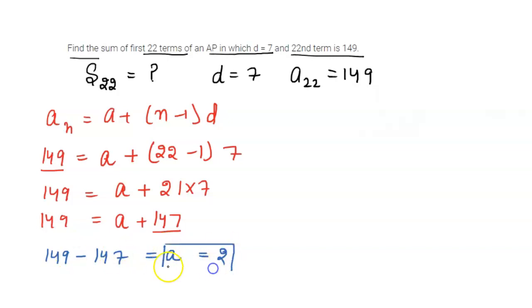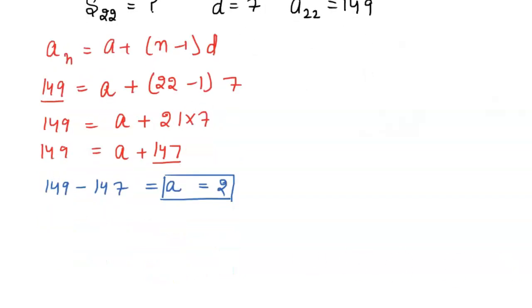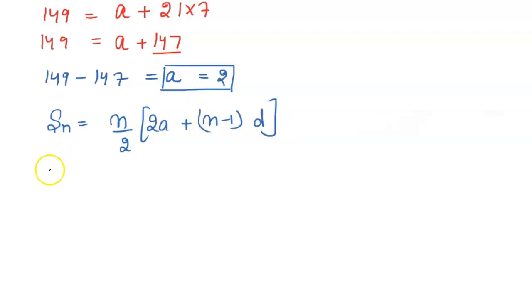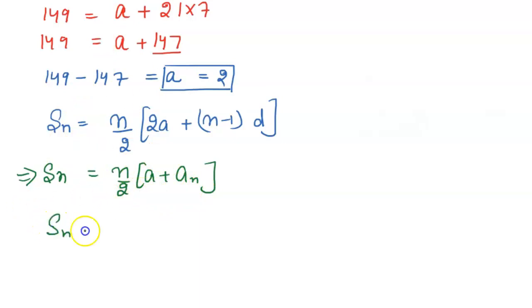So the first term is 2. Now using the sum formula of the AP series. Sn is equal to n upon 2 into 2a plus n minus 1 into d, and the second formula for finding the sum is Sn is equal to n upon 2 into a plus an. These are two formulas for the sum of terms. Now we use this formula because it is the easiest and we have all the values. So Sn is equal to, where n is equal to 22, 22 upon 2, and a is 2